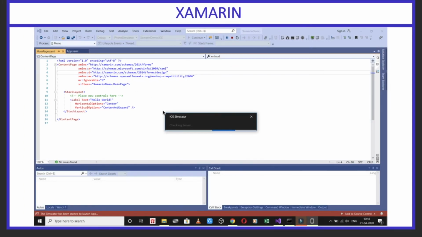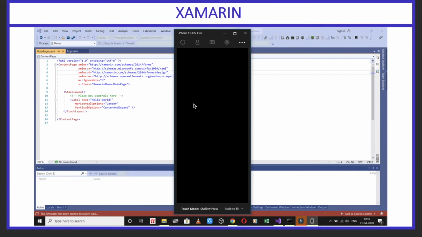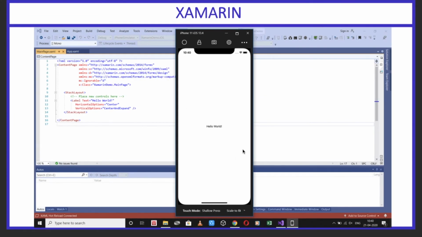Once you press this run button, it will start the iOS simulator. Once the iOS simulator is opened, it will be executing your program. Here we have given Hello World in the middle of the display.